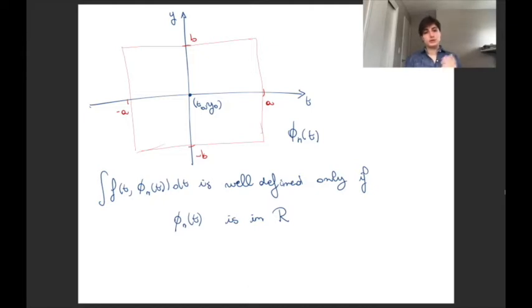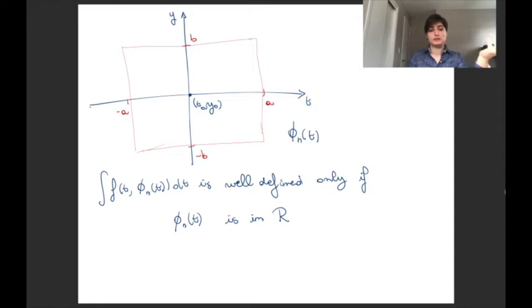So this is the rectangle in which we have that f and df/dy are continuous. We have (t0, y0) at the center, and for all t's between minus a and a, and for all y's between minus b and b, we know that f(t,y) and df/dy(t,y) are continuous, both of them. So within this rectangle, the integral